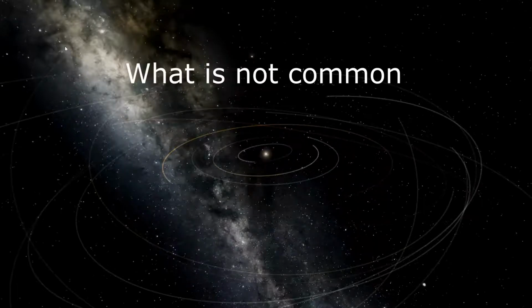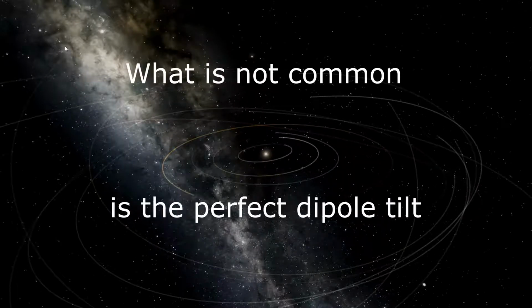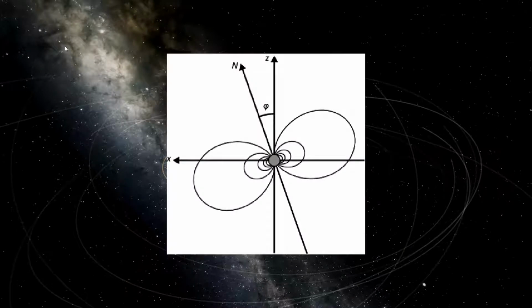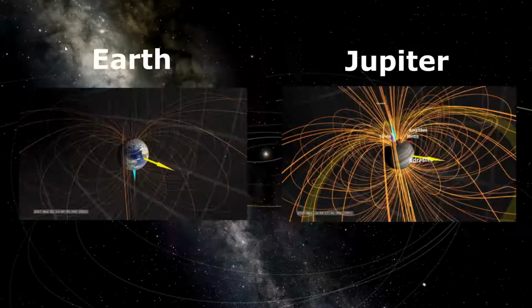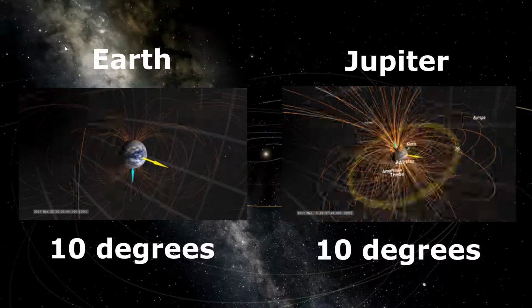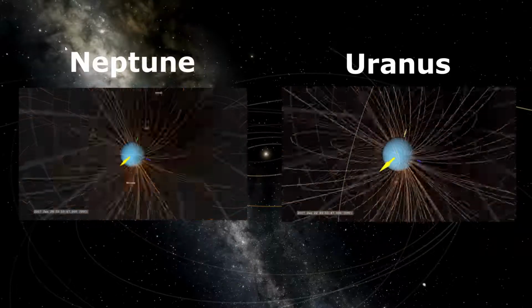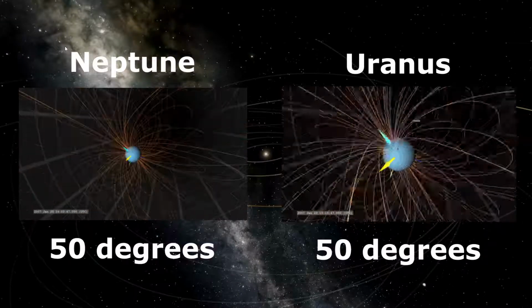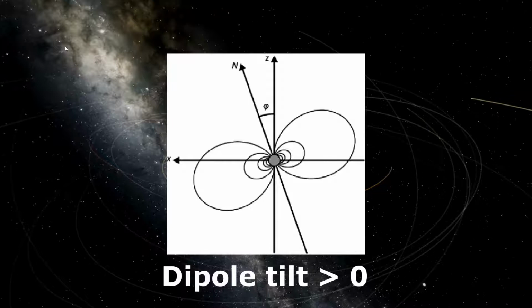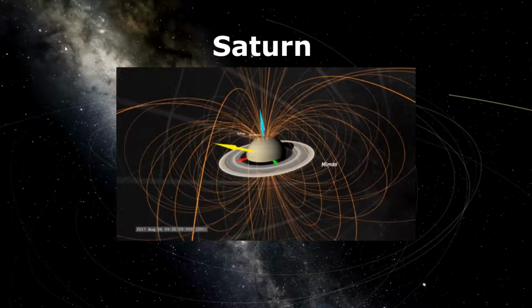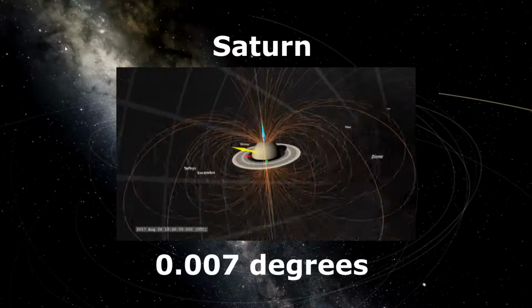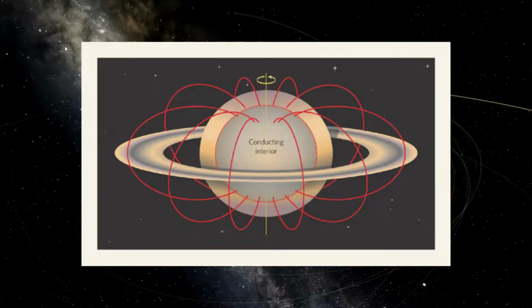What is not common is a perfect dipole tilt. The angle between the magnetic pole and the normal pole, for reference, Earth has around 10 degrees. Alongside Jupiter, Uranus and Neptune possess a dipole tilt of 50 degrees. Most of the dipole tilts are above zero and are not aligned with the poles, but Saturn has a dipole tilt of 0.07 degrees. This extremely axisymmetric dipole tilt is the result of other observable features and speculations of the